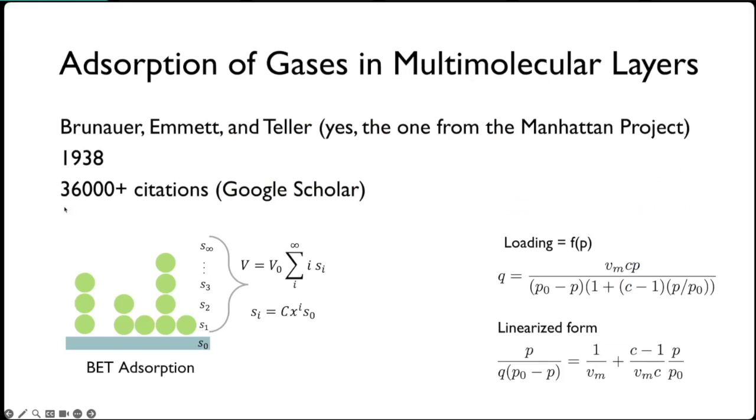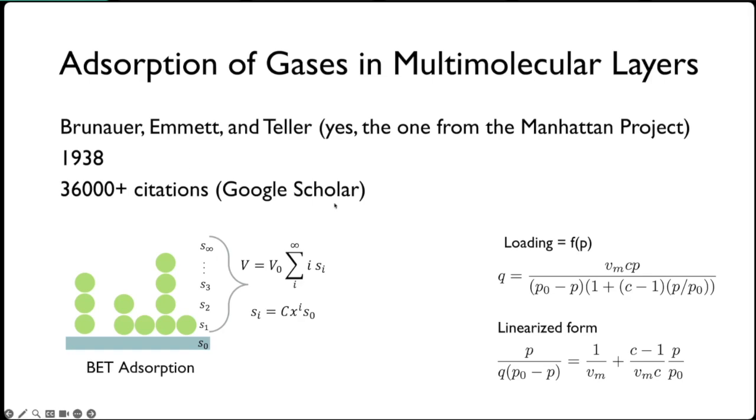They took a sabbatical together and thought about this adsorption problem and came up with this new theory. And it's been really important. It's got more than 36,000 citations. It gets cited a lot because people doing experiments end up invoking this theory on a routine basis. And people have also built on top of this, developing alternative theories that change some of the assumptions in the theory in order to get